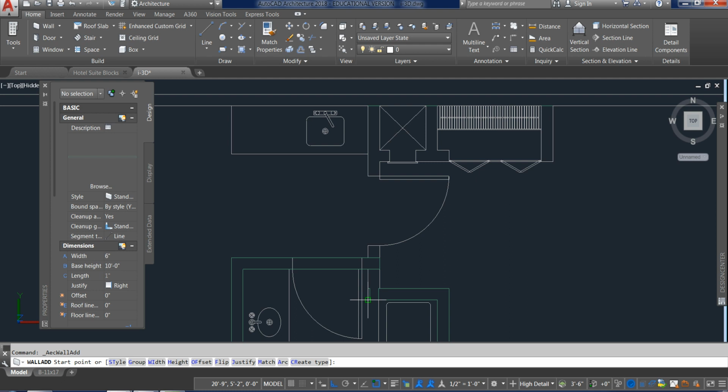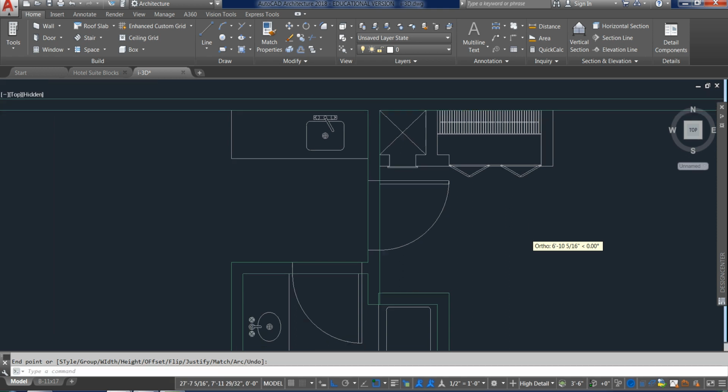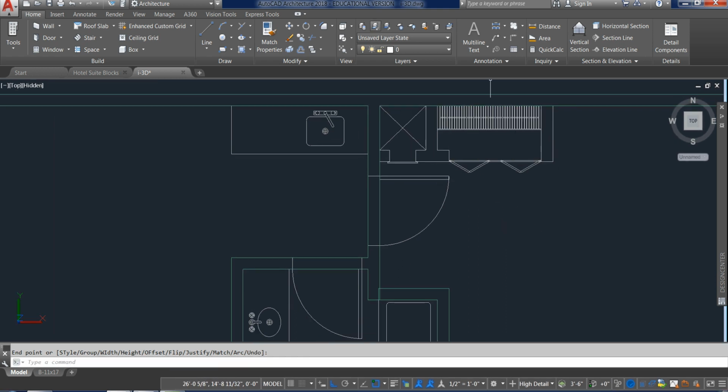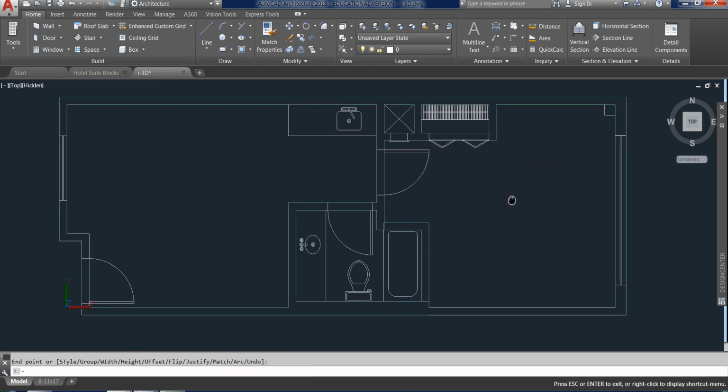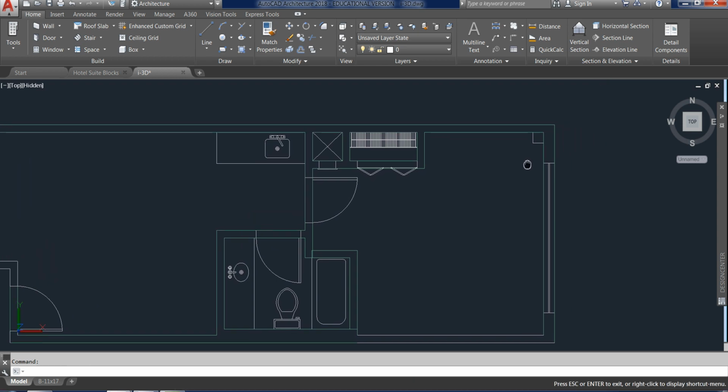So go ahead and come down here, use Shift to change my justification, and come all the way up to meet that other side. And then I can do similar with the rest of this wall, where I can grab the wall tool, start here, go perpendicular, and then up. And then I can add this little wall, and I need to hit Shift and change the justification once again, and here I go. So I think, with exception of this column, I have everything traced.